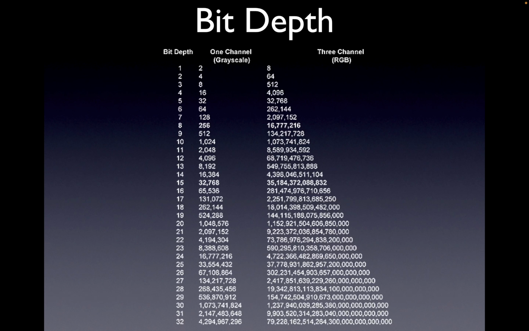Photoshop can actually handle 32-bit color. So look down here. Can somebody tell me what that number is? Oh, it's actually in the range of, you know, the word googol, like a gazillion, a really big number with a lot of zeros, right? But at any rate, you can see here that just in the grayscale version of it, you have 4,294 plus